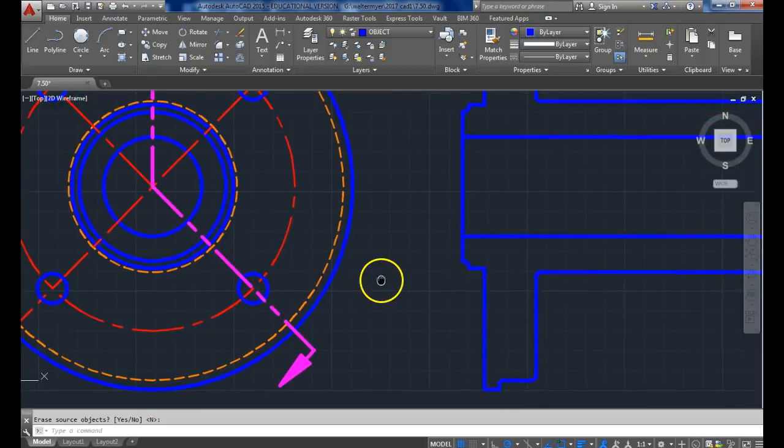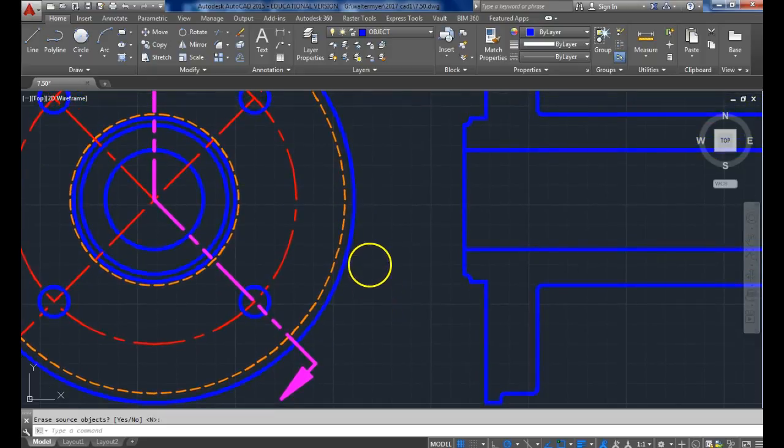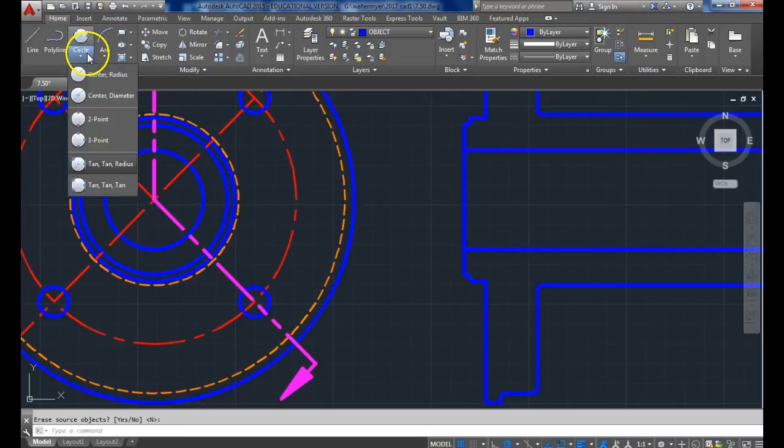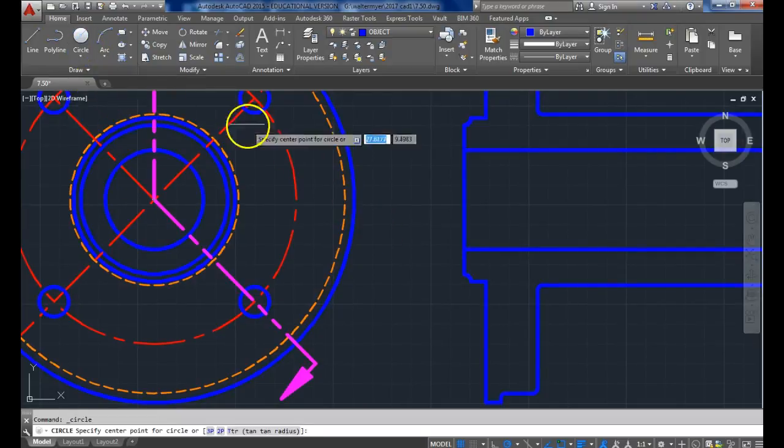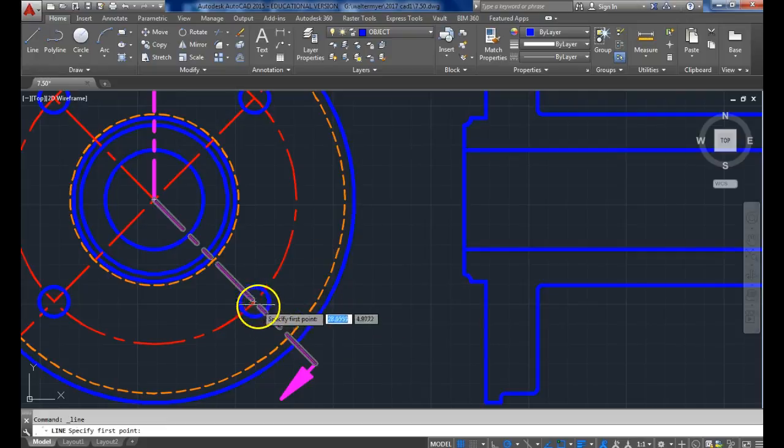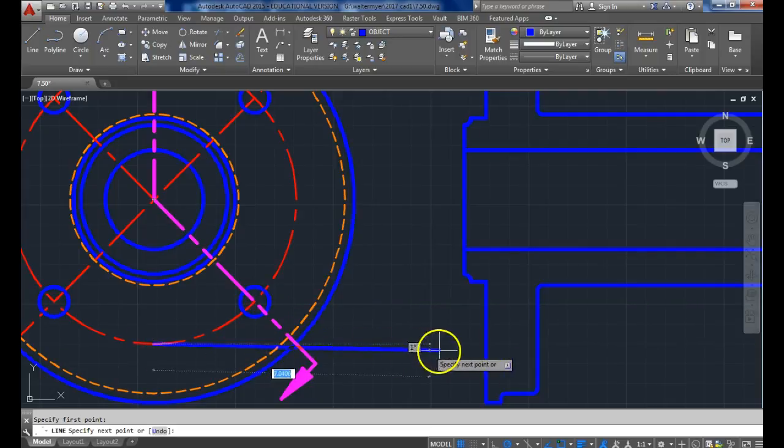So the easy way of doing that, well, not a straight on easy way, but alright, this center line, the circle, is going to be where the center of the circle is. So if I bring a line over,